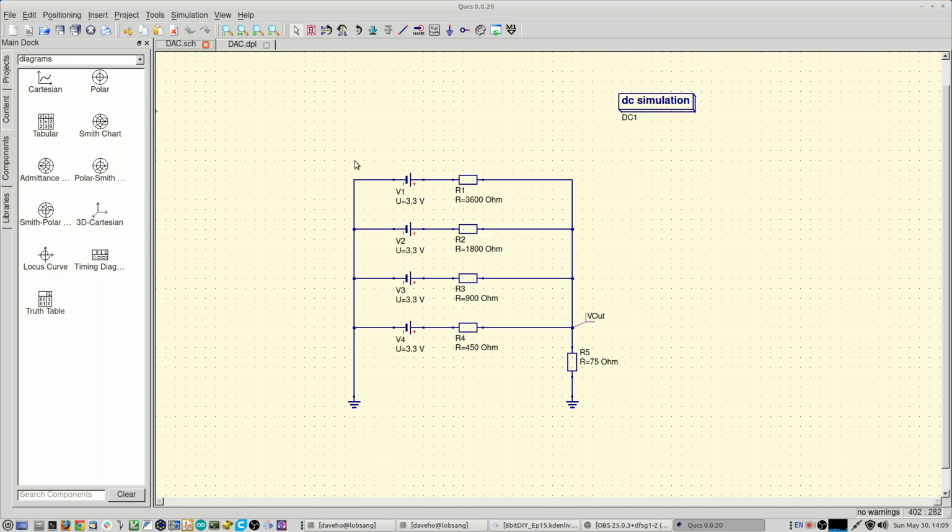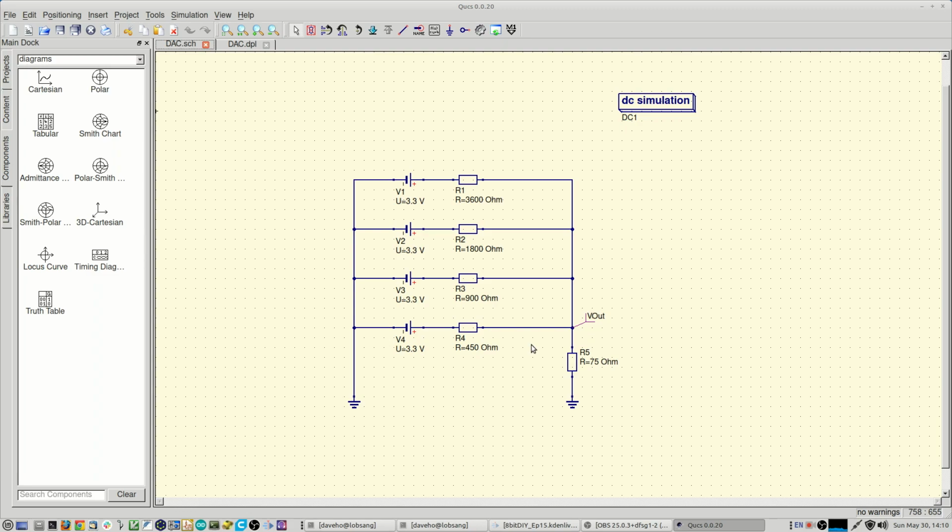Okay, so here is our simulation. I'm using the QUCS, I guess it's pronounced QUX, simulation software, and this is the circuit, and here you can see the 75 ohm termination resistor. So this is the circuit node where we want to produce a voltage in the range 0 to 1 volt. Here are our resistor values. I've used these 4 voltage sources. Right now they're all set as 3.3 volts to simulate the output pins of the FPGA, and given that they are all turned on at 3.3 volts, we should be producing something close to 1 volt here at this output